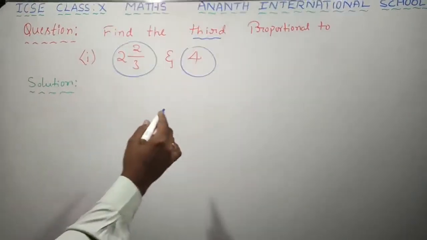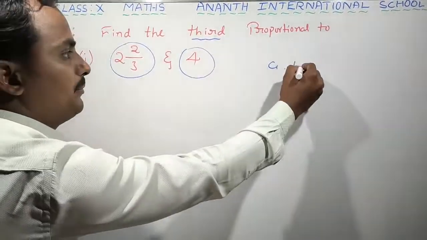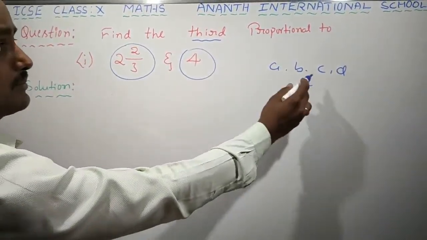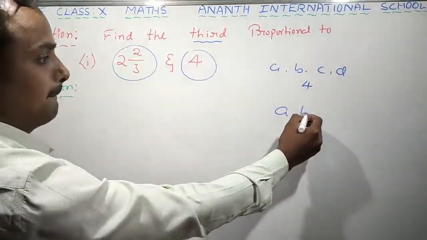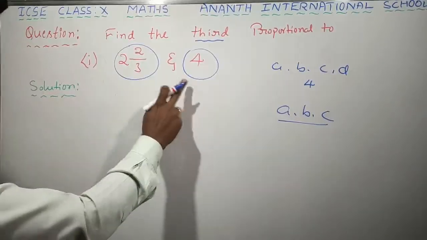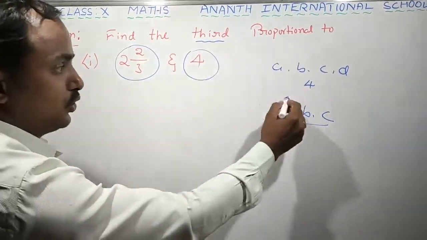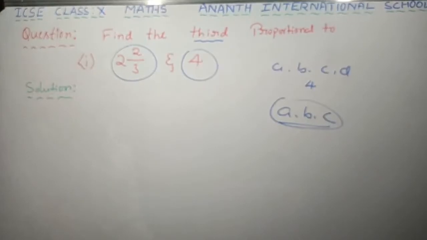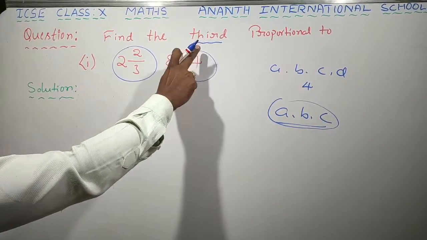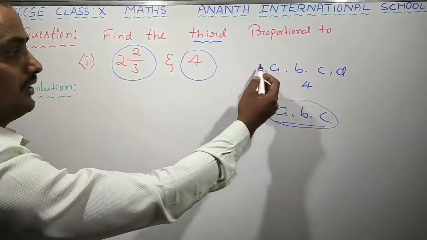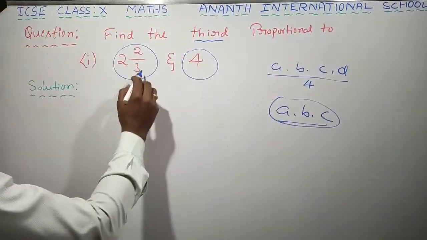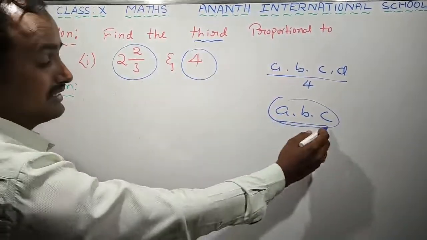You know children, in proportionality A, B, C, D, like this four terms proportionality. You know that A, B, C is three terms proportionality. Here two terms are given, find the third term means you go to ABC proportionality. ABC means that A, B, C are in continued proportion. You understand children. See, in four terms, if they give three terms, find the fourth means you take ABCD. But here only two are given, find the third means you go to three terms.